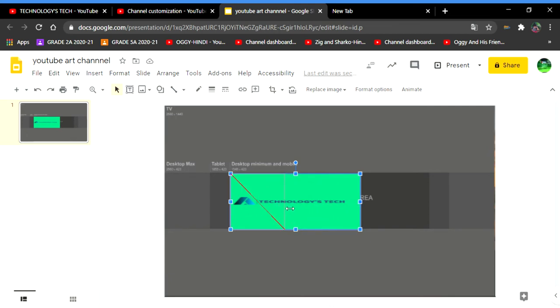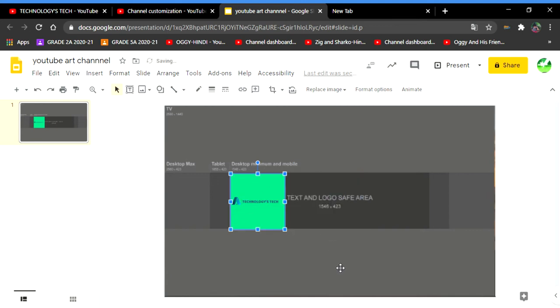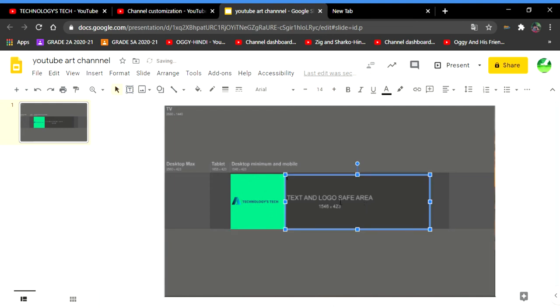See, now I'm going to put a text box beside it. See, my text is Technologies Tech.